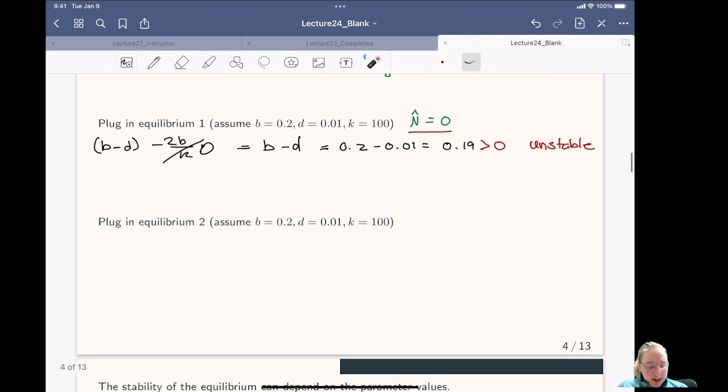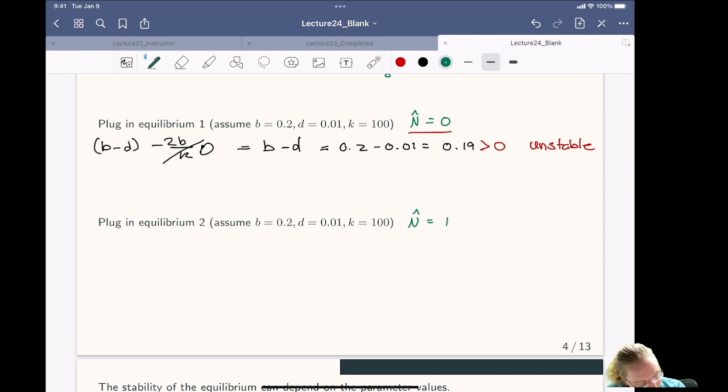All right, the second thing we can look at is equilibrium 2. So I'm going to plug in n hat is equal to k times b minus d over b. All right, so if we plug this in, we have our slope of our tangent line, b minus d, minus 2b over k times